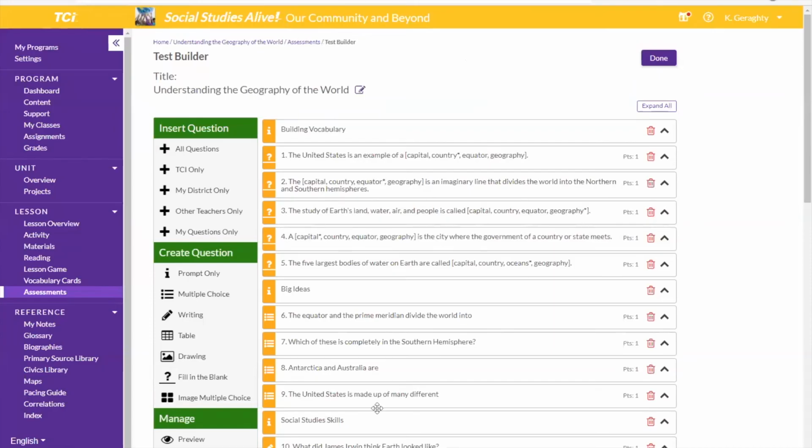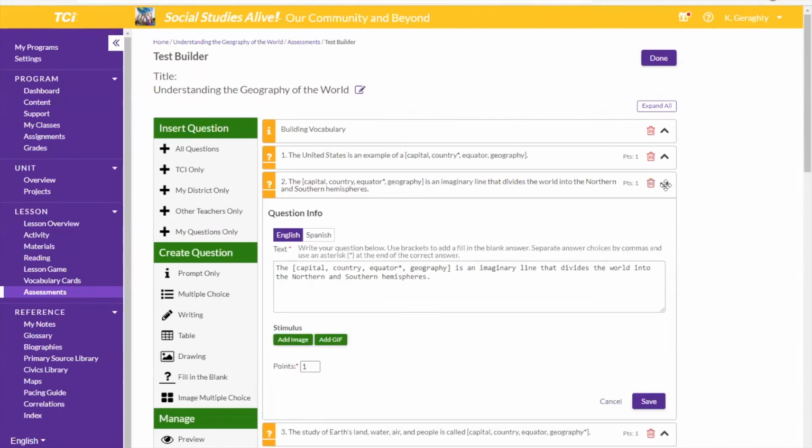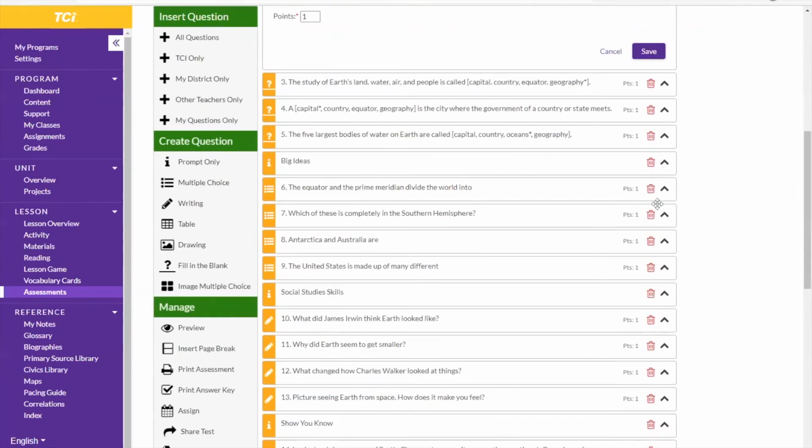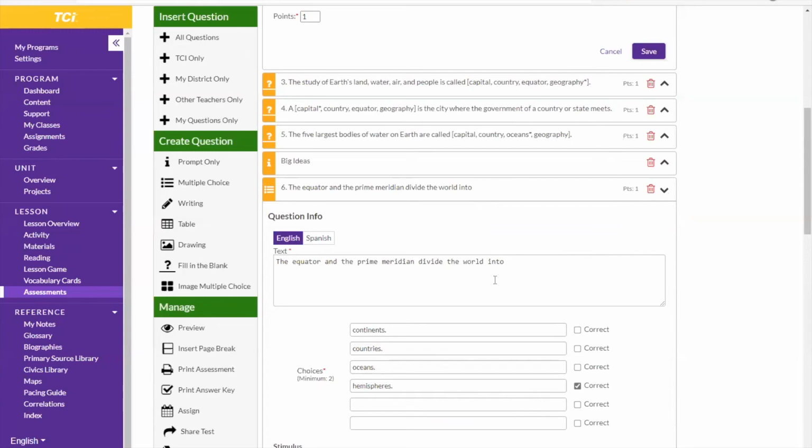And once they are on my test, this is my test. Once they are on here, I can do as many changes as I want to them. So if this is not a multiple choice question, that one is a fill in the blank. So let me go with the multiple choice questions, a little bit easier. If I only want two distractors,